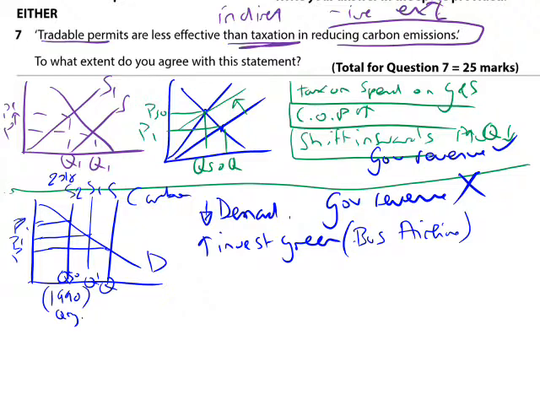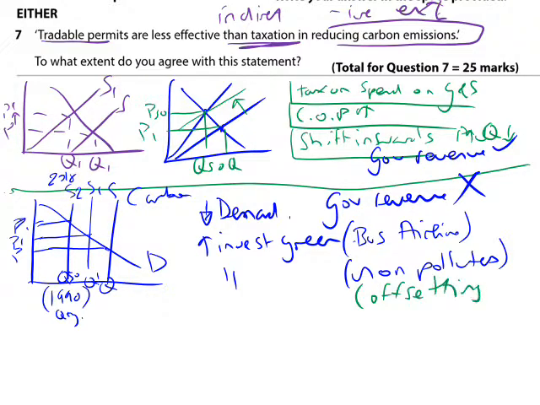Or it's to encourage other businesses, so non-polluters, to invest in green technology. But that key term is offsetting. So the businesses that invest in green technology but don't pollute, such as wind farms, you get given permits. And then what you can do is sell those permits to the companies that need them, and then you're creating